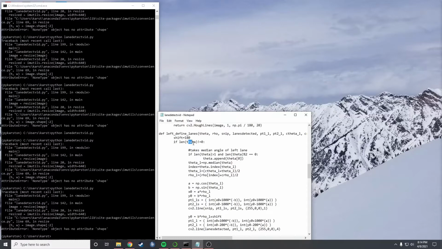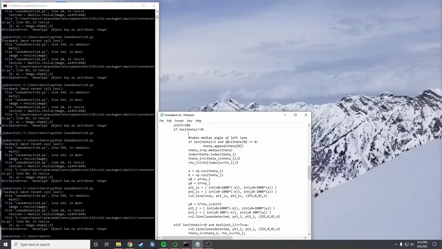But as long as there is a theta value, so as long as a Hough line exists, this will run, and it will take the median. But the issue with the way I have it is that if the median of the list has an even number of entries, it will take the average of the middle two numbers, and that ruins my